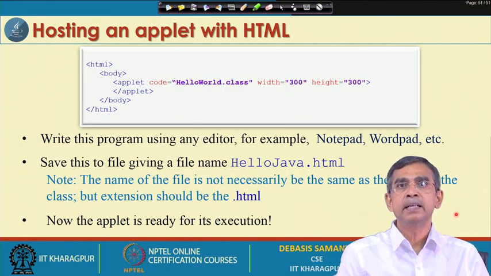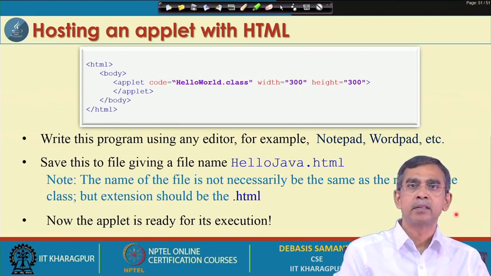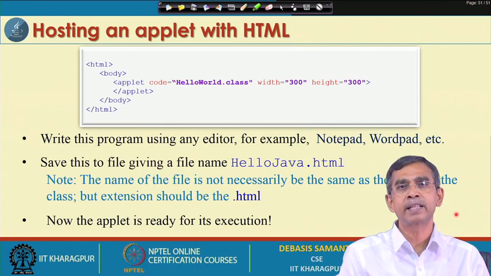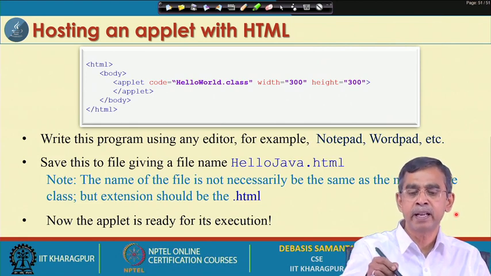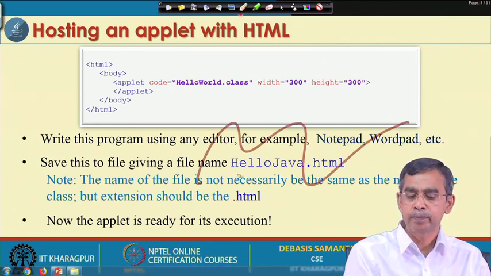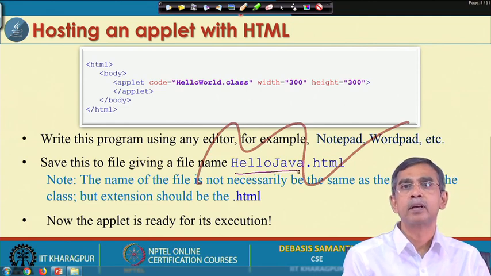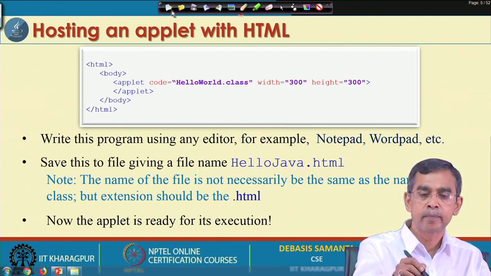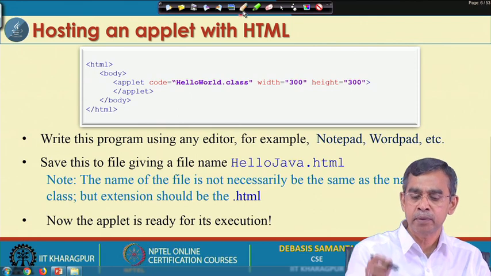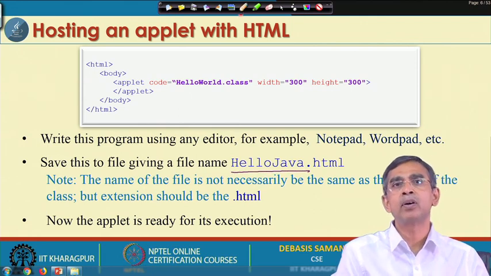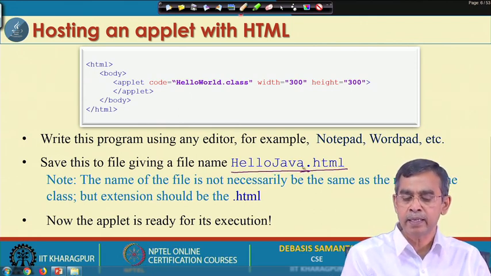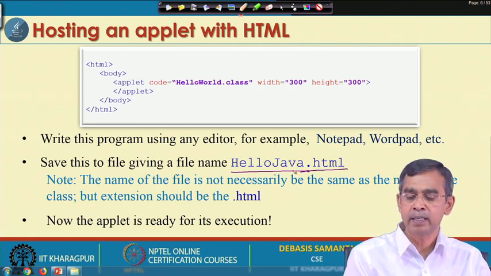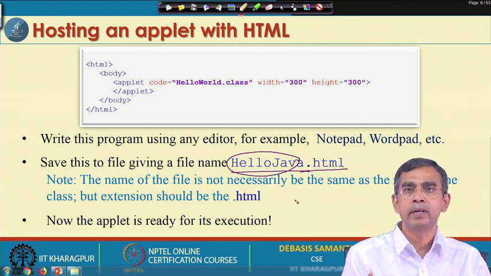So, here basically this is the applet embedded in an HTML file, and let us give the same name as the program file name, that is HelloWorld, but in this case I have given a different name, for example, HelloJava. So, the name of the file is given as HelloJava.html. Now, you can note that the name of the class is HelloWorld, but I have given a different name, and it is okay.